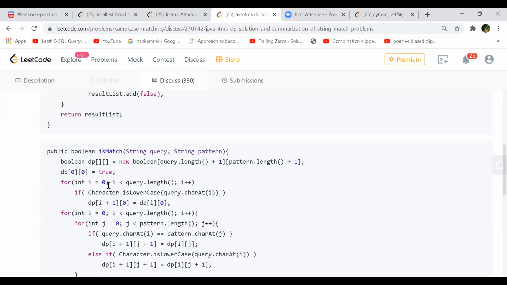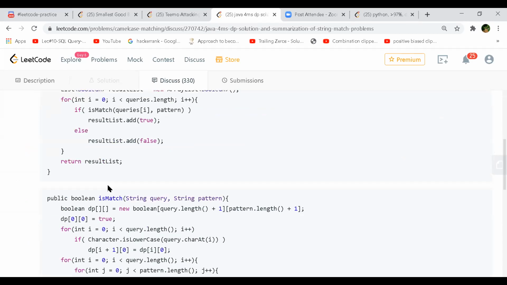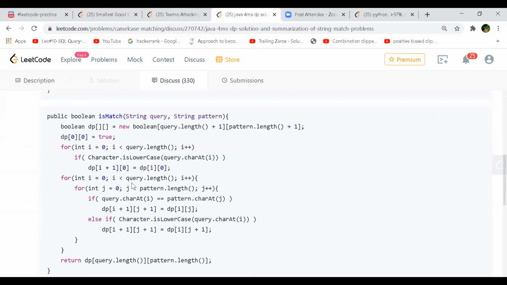This one, bottom up. Oh, he's using that only, the wildcard matching way. Wow, that's beautiful, right? If both the characters are matching, then he's taking the diagonal value. Actually, we would have written dp of i j equal to dp of i minus 1 j minus 1, and he's doing it the reverse way: dp of i plus 1 j plus 1 equal to dp. In fact, this is easier, right?